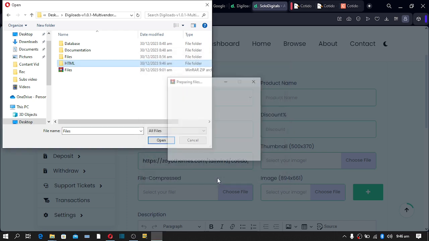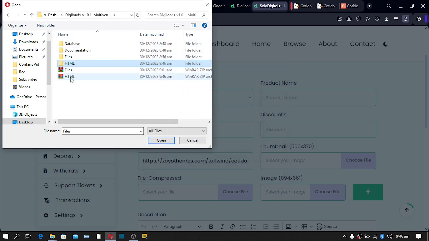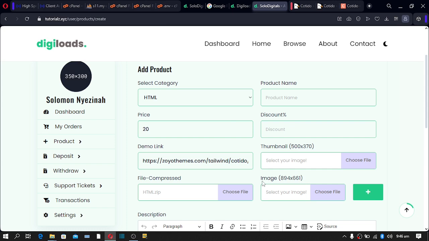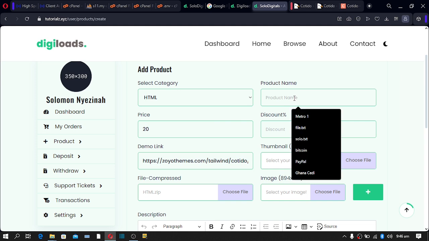So I assume this is my script. Right, now I'll pick it, which is very light for us to. Okay, so next up we'll be uploading a template. Product name, what's the name of this product? Maybe it's a coming soon